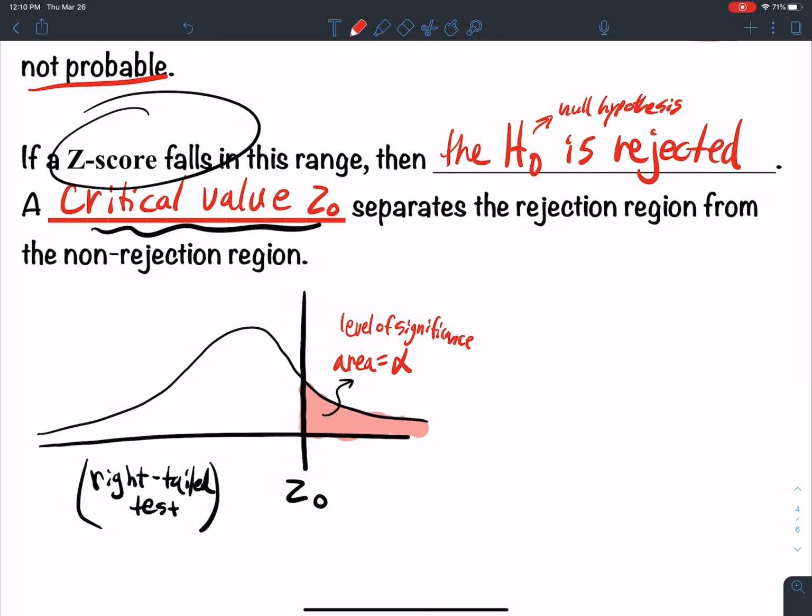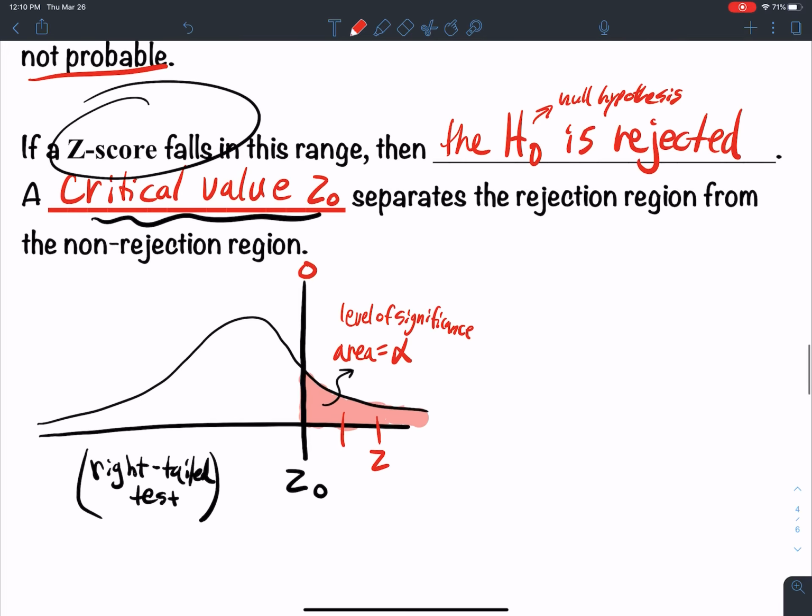Okay, if I run the test and I get some score over here, maybe an X bar, so a standardized test statistic, maybe I get some z over here. All right? If I get a z over here, everything over here is in the rejection region. So instead of looking at a p-value, we're actually comparing z-scores. So any z-score on this side, I reject